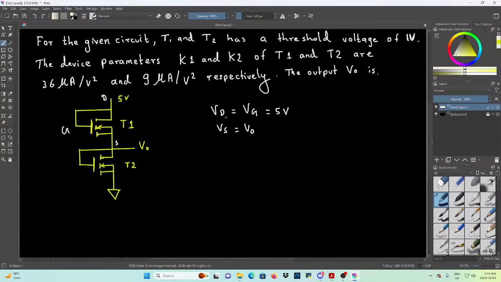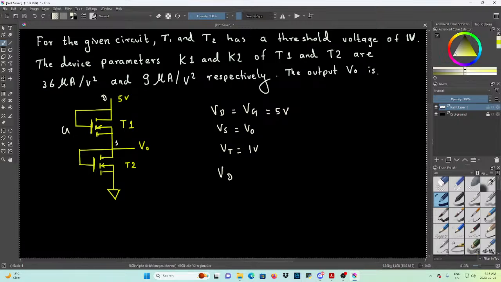For the first NMOS, VD is equal to VG, which is equal to 5 volts, and VS is equal to the output voltage. The threshold voltage is given in the question as 1 volt, so VT is there, and the drain-source voltage VDS